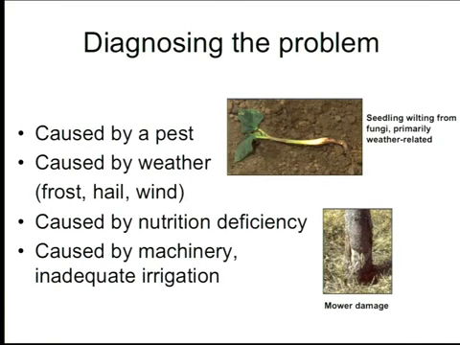So, what is the message of trying to show you all these things? The first thing, we have to diagnose the problem. Is it really caused by a pest? By a disease, by an insect, by a nematode, by a pathogen? Or is it caused by weather, frost, hail, wind, or a nutrition deficiency, or inadequate irrigation? There could be many causes. So the first thing in pest management is that you really need to make sure that the problem is being caused by a pest. Otherwise, you're missing the point. If it's caused by irrigation and you're trying to control the pest, you're not going to get too far.